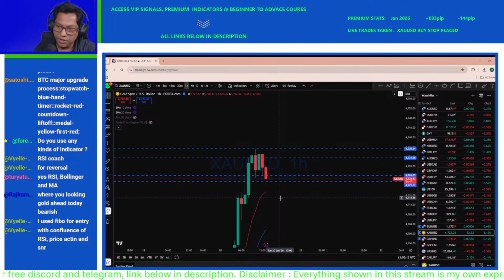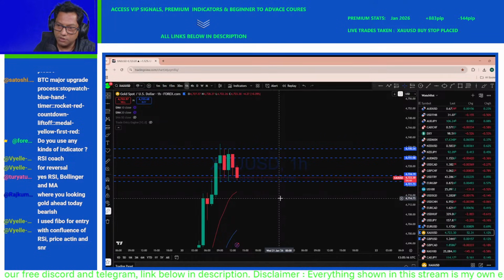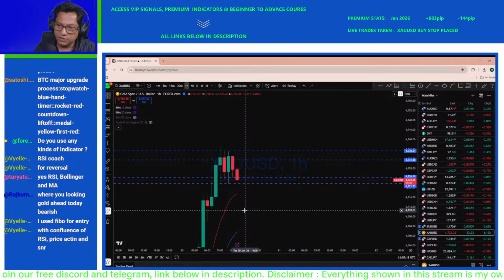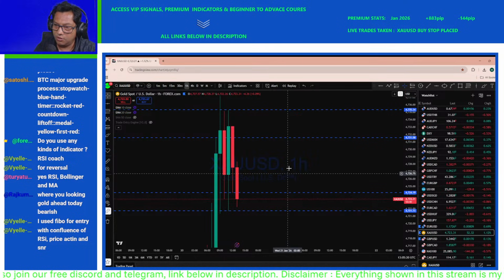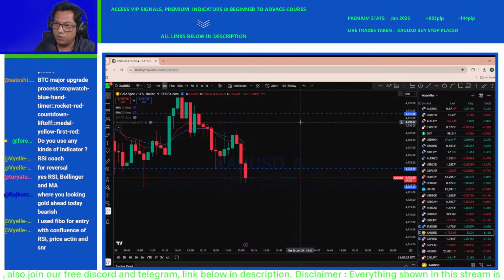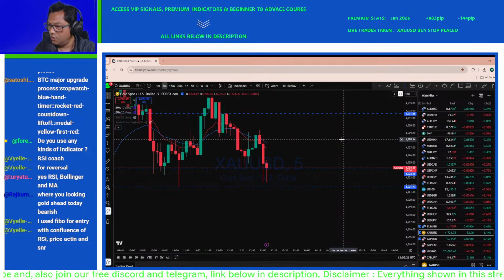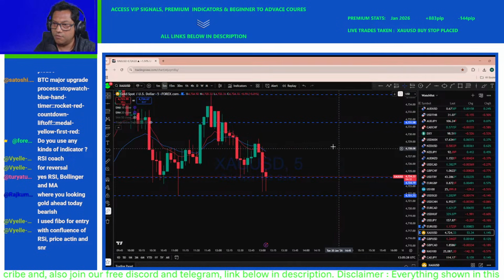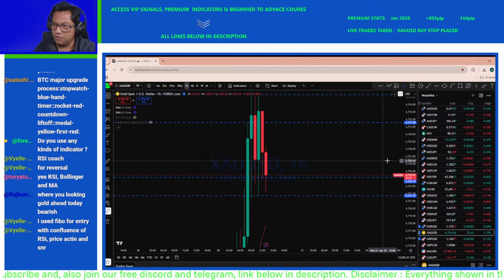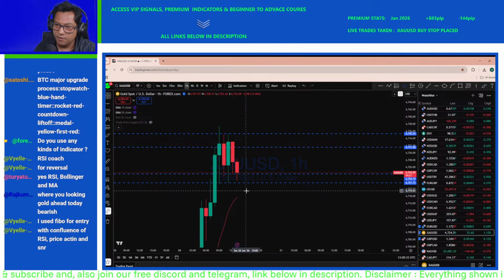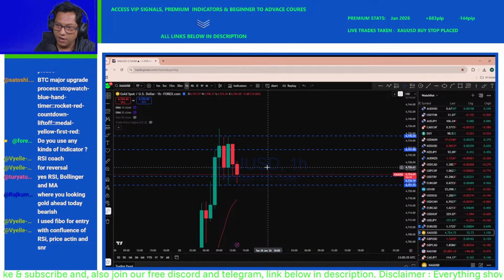Trying to break below. That is where you can see the market. This price eventually can break that support, and as there is a session open, breaking below here can give us,